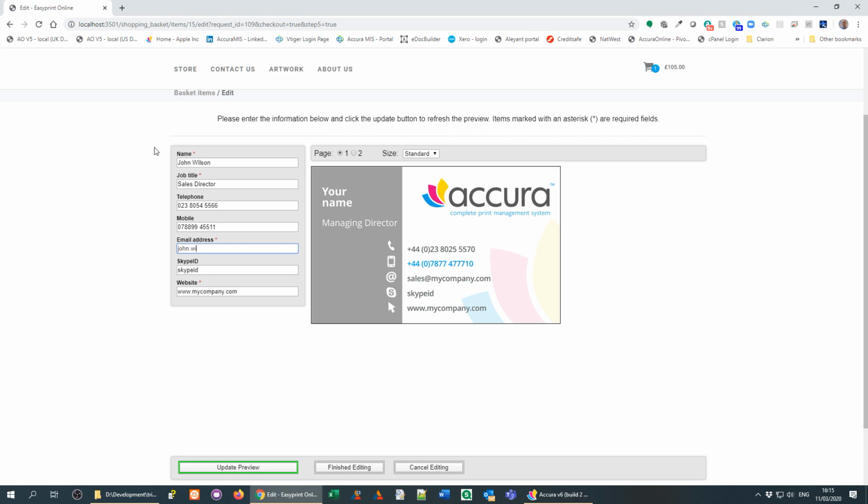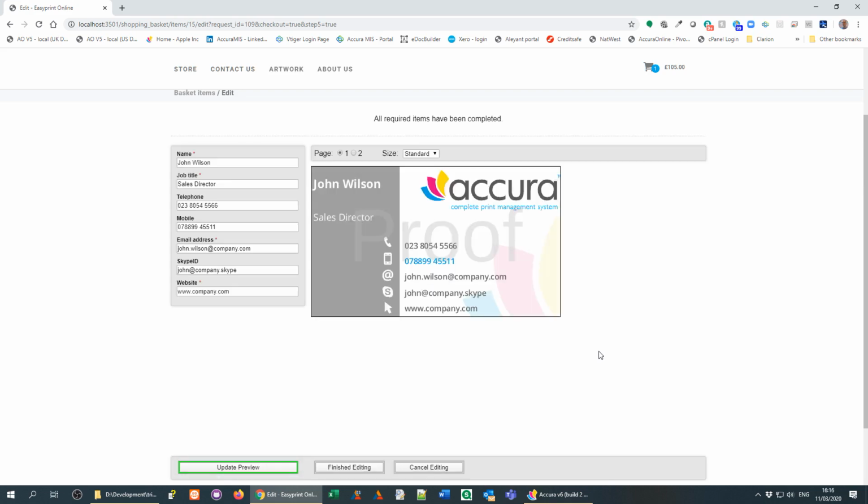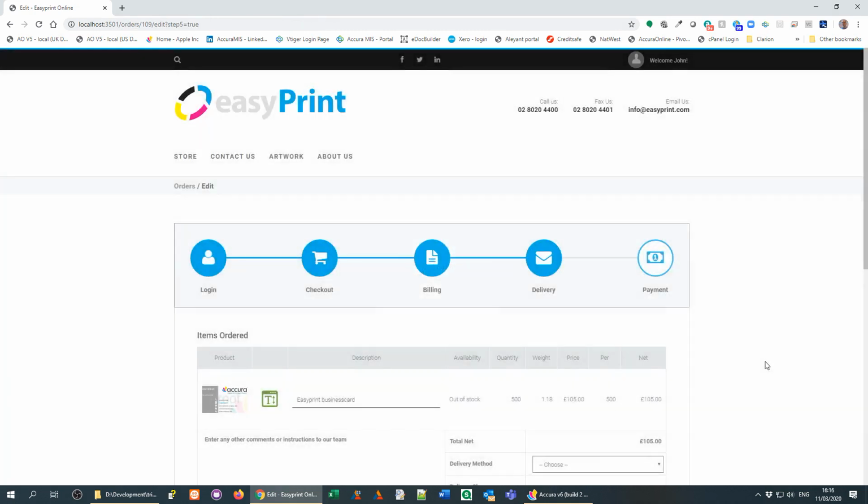Now you can of course get much of this information to pre-populate automatically depending on how you've configured your template. So pretty much everything could be populated here automatically if we chose to do it that way. Okay, so let's have a look at the preview there. Okay, that's looking good, so we're going to click Finish Editing, and that returns us to the shopping basket to